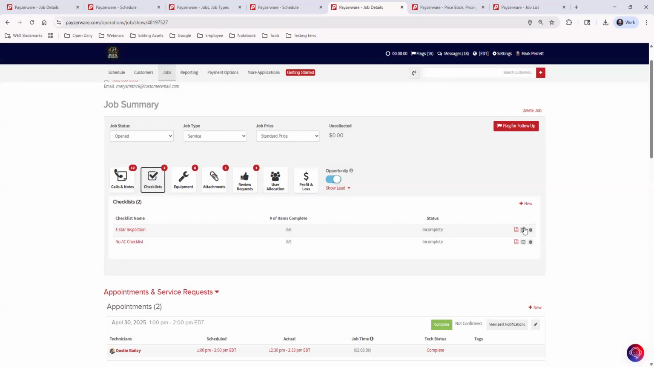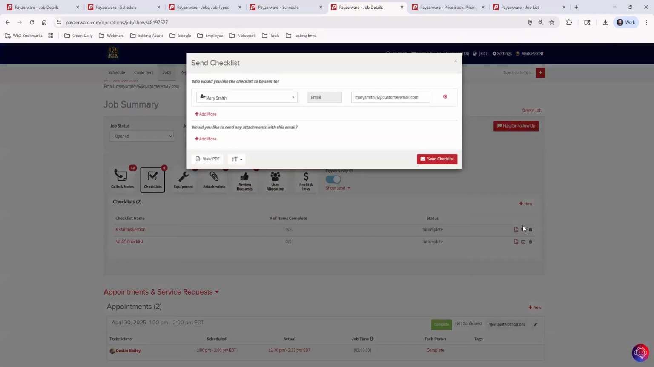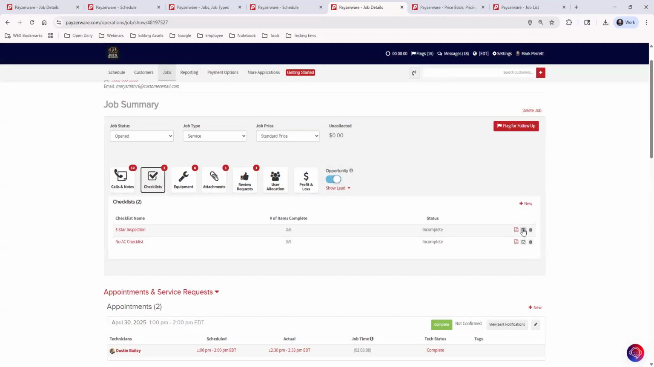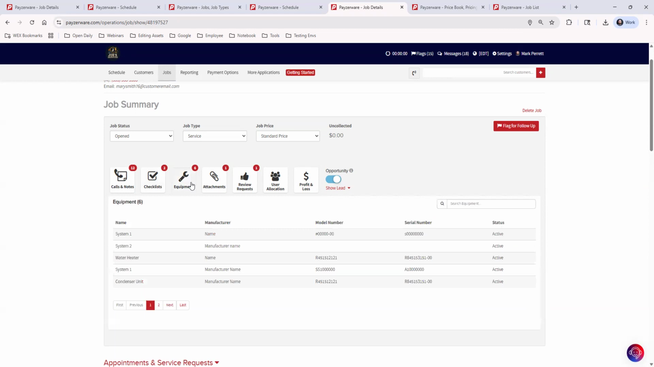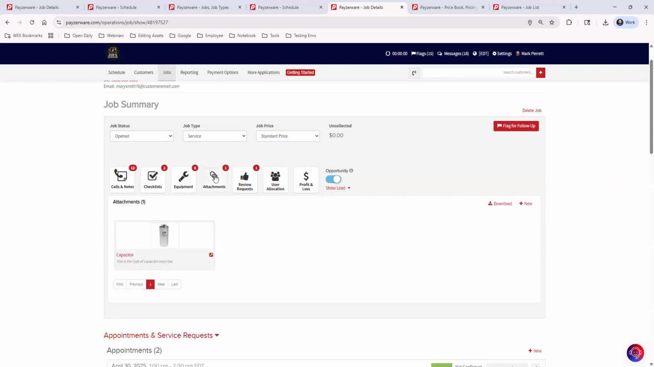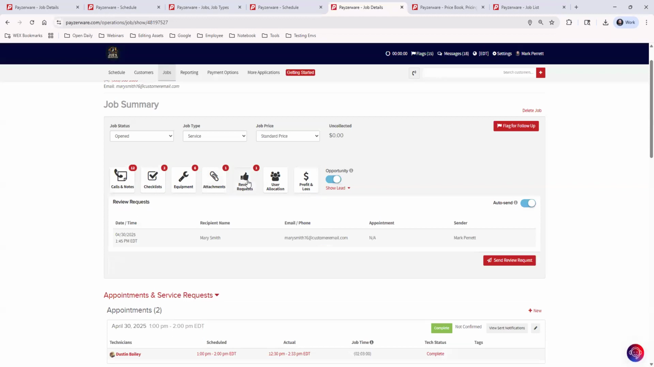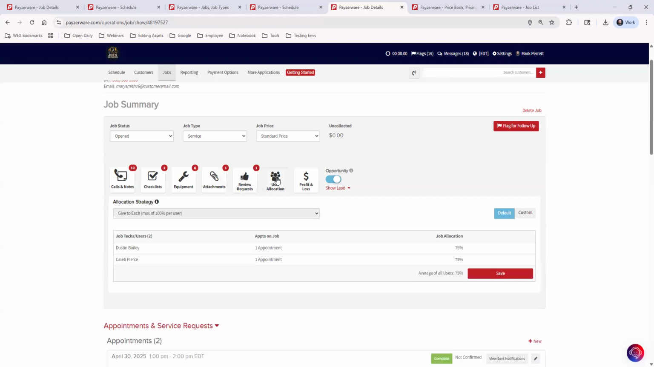And if you want to send the checklist to your customer, you can do that right from here as well. You click that little envelope icon. You can also delete checklists from here. Equipment history, any attachments that have been added, send out review requests, view user allocation,